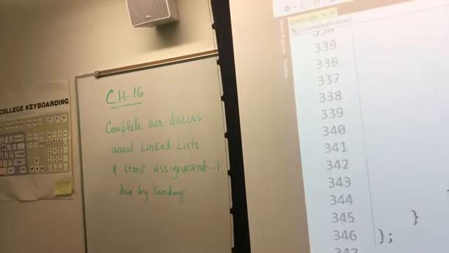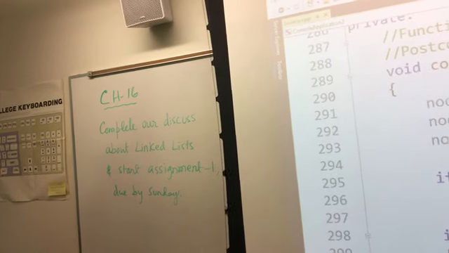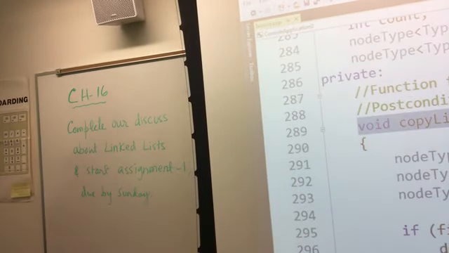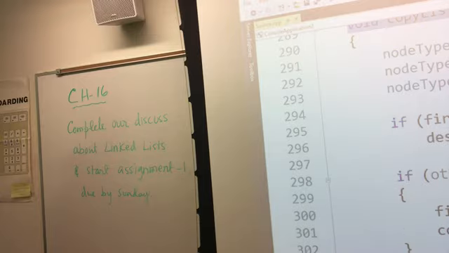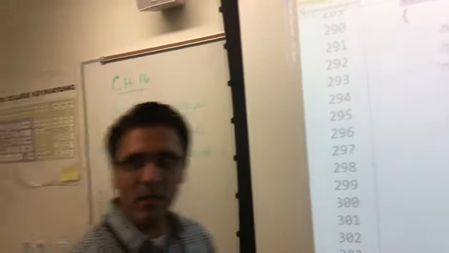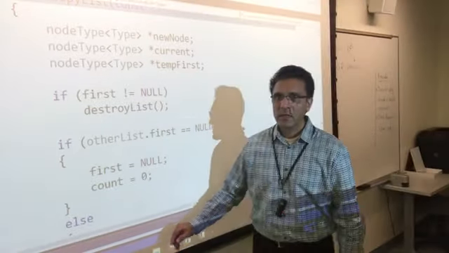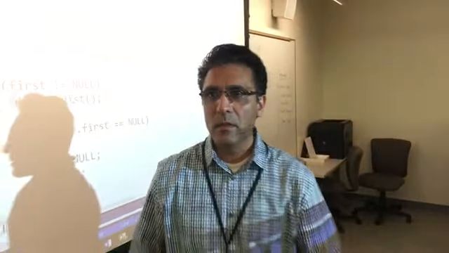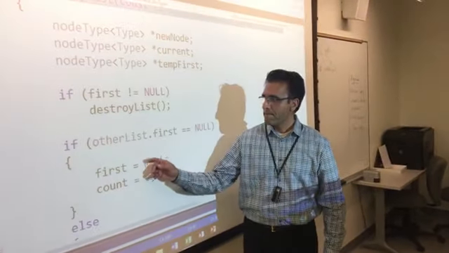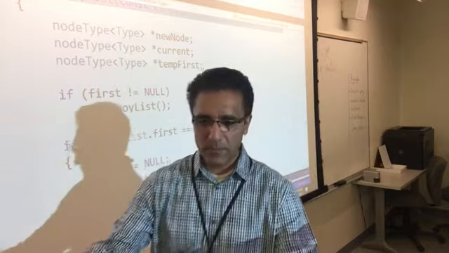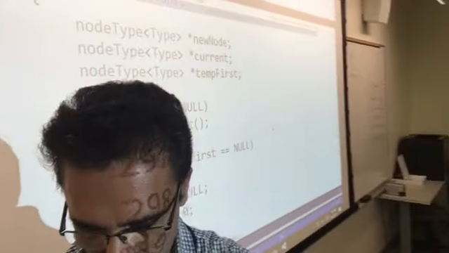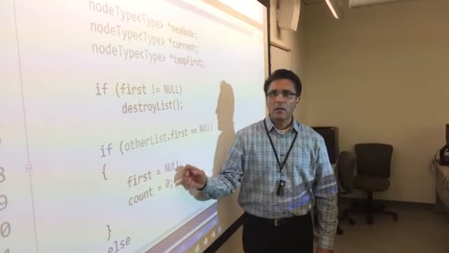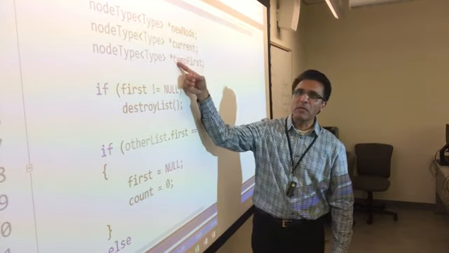So when I'd like to copy it, we have in our program a private data member, and that is called copy list, which I have already discussed with you. Let's look at this copy list method. I think you can see it on the camera. Okay, so here we have 3 of these